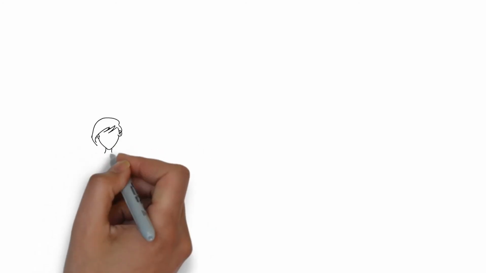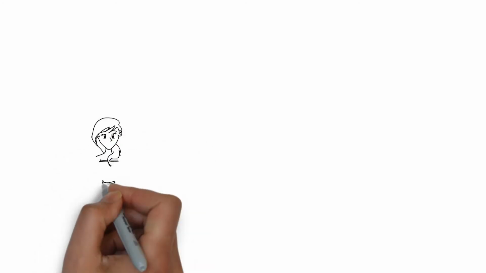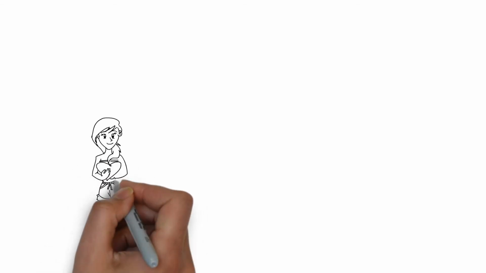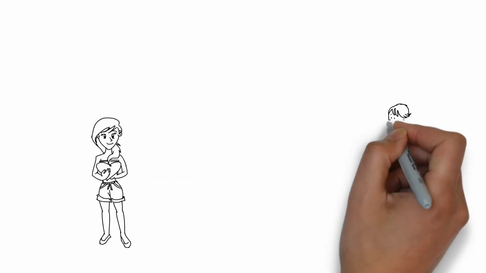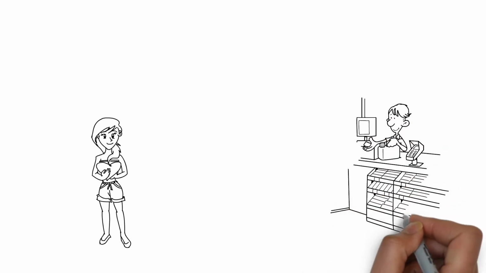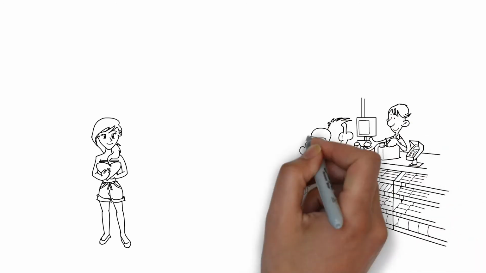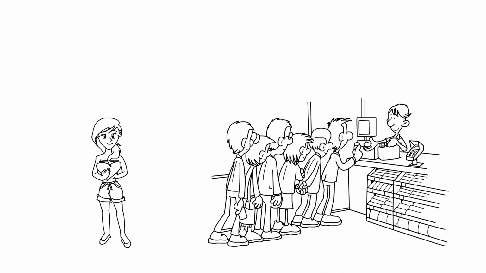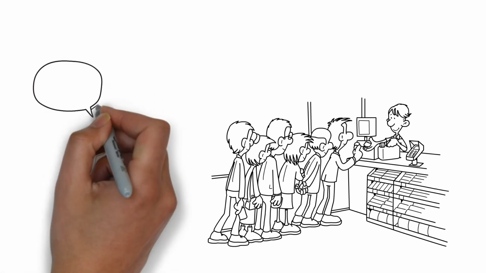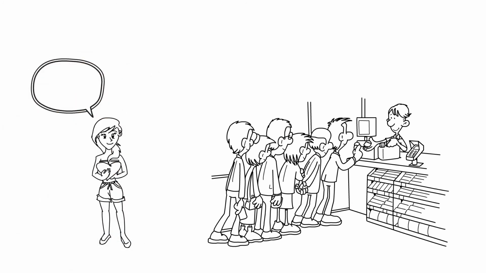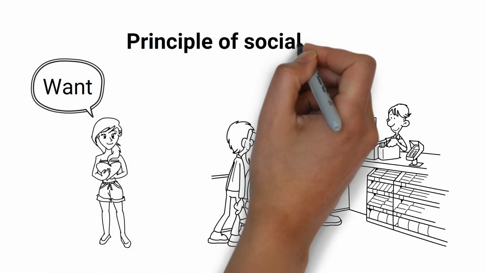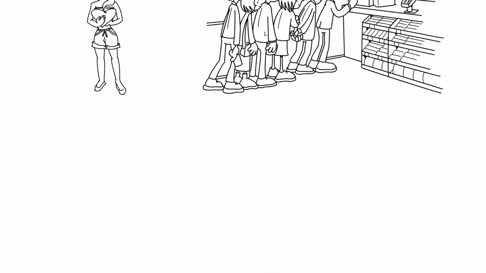Now imagine that you're in a shopping center, and you pass by one store. You notice a crowd of people inside who are actively buying something. What feeling do you get? Of course, you have a curiosity to see what is there. You come in and make purchases you don't need. Why? Because others did it. This principle is called the principle of social proof. We often assume that we are doing the right thing because others are doing the right thing. This principle says, the higher the number of people who find this idea true, the more true this idea will be considered. Where everyone thinks the same way, no one thinks much.